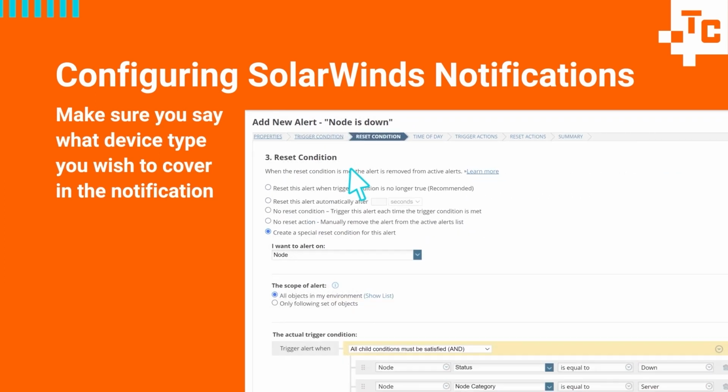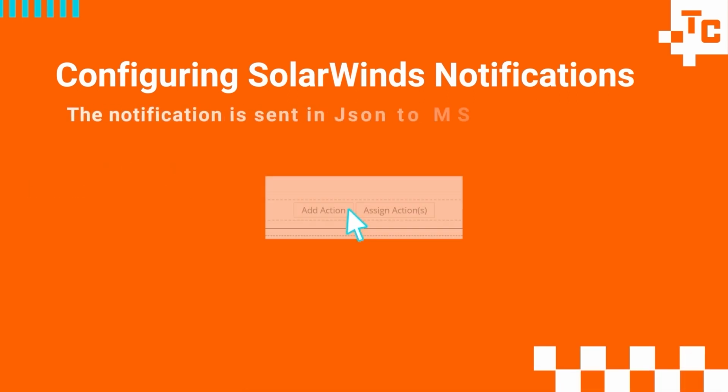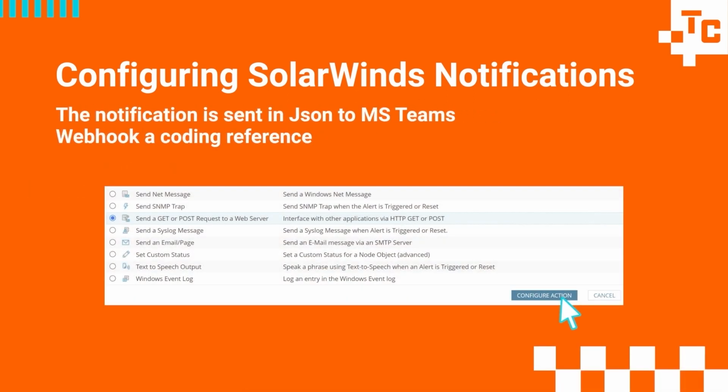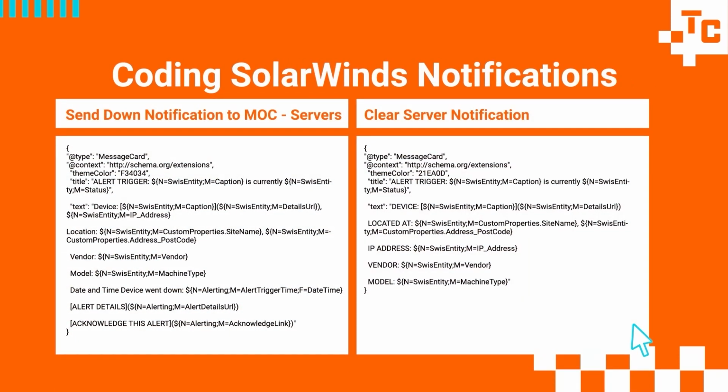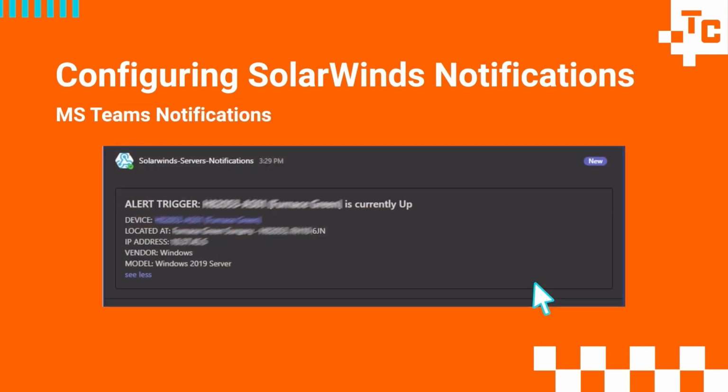Once you go into the setting of the action, you simply click on Add Action, select Send a GET or POST request to a web server. Use the URL that you get given when you create the webhook itself. You post that in there. You make sure that you select POST or HTTP POST. You write some JSON script in here to say what you wish to add, and you make sure that the content is set to application/JSON.